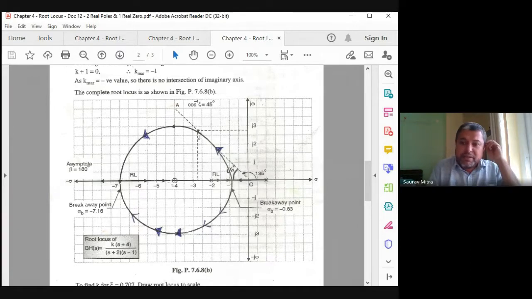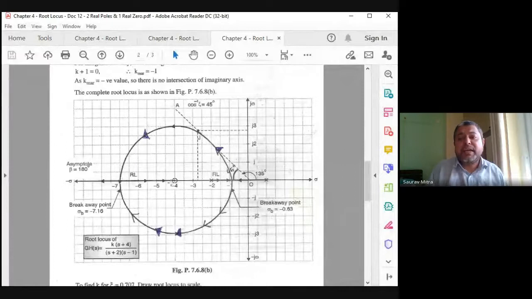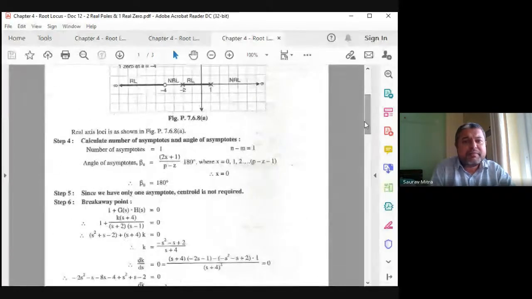So that's why whenever there is an imaginary zero, we will calculate the angle of arrival to the zero, because the root locus ends at the zero. And whenever there is an imaginary pole, from there we will calculate the angle of departure, because the root locus starts from the pole and departs. And angle of arrival is calculated at the zero, angle of departure is calculated at the pole. So all those things we are going to see. How this works, we will see the next day, or today also we can check, because almost some part we have done.